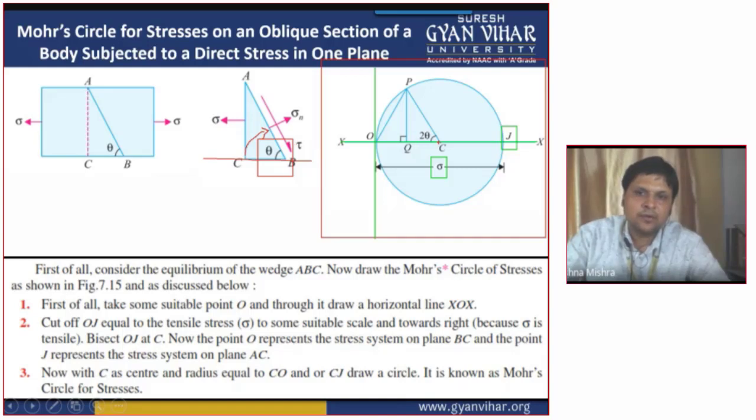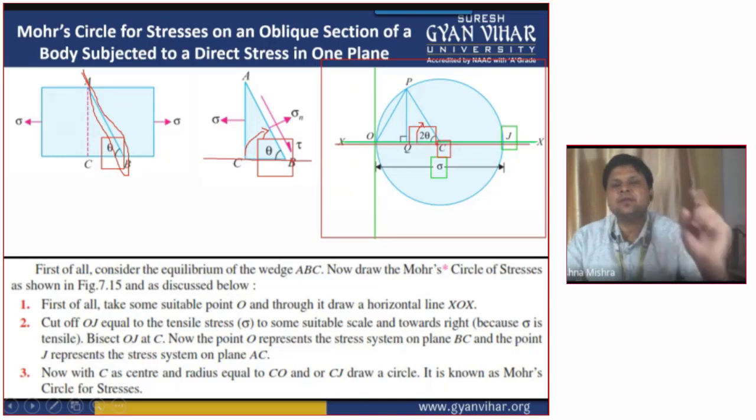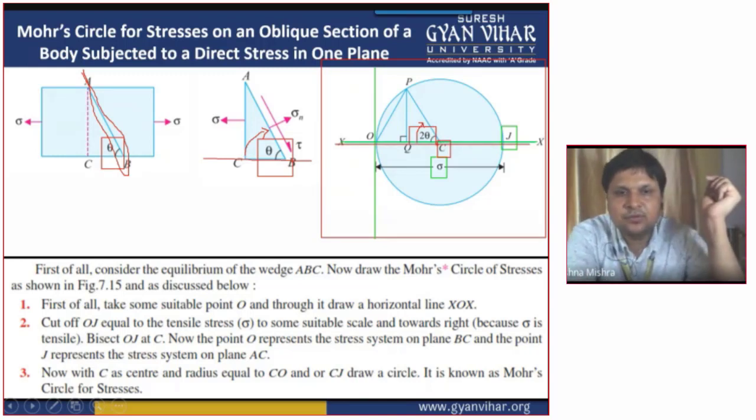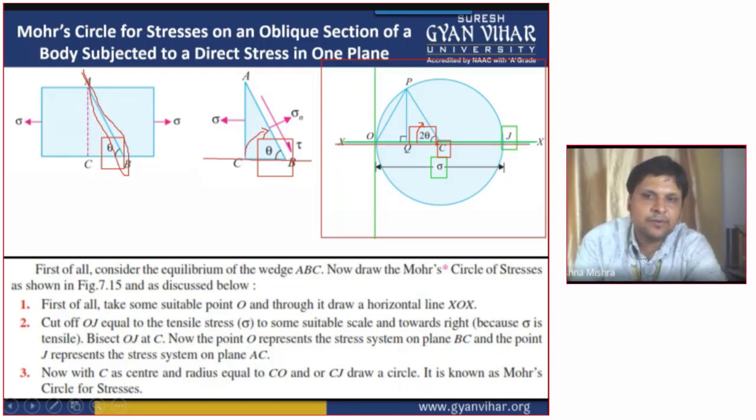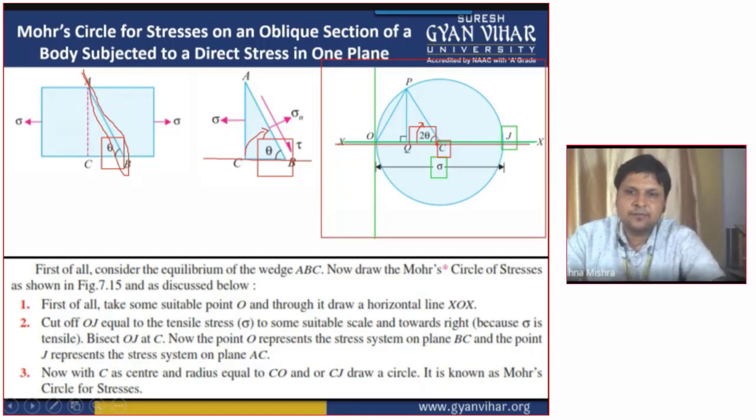So here also, from this center point C, and this x-axis, we will take its twice value. We will take the double value of this given theta value. If the angle of the plane on which you have to calculate the normal stress is given to you as theta, on Mohr circle you will take its double value, means you will take 2 theta. If the angle of the inclined plane is theta, then on Mohr circle that angle we will represent by 2 theta.